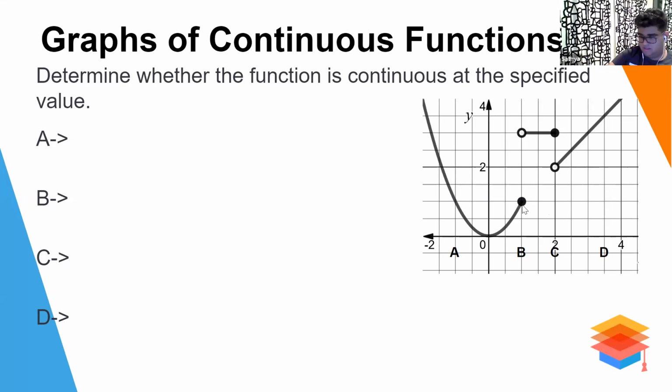What is the value of the function at B? Can you point with the cursor? Yes, this. And approaching B from the left side, again this same thing. And from the right side, if it is approaching B,